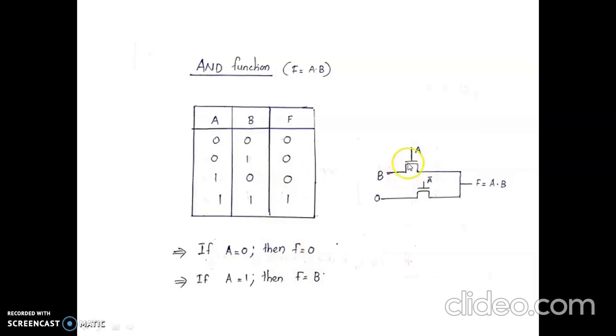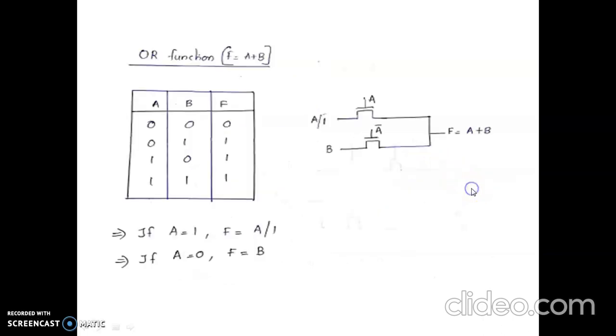Then here A and A complement: here A is equal to 1, here A is equal to 0. When A is equal to 1, our output is B, so write B here. When A is equal to 0, the output is 0, so write 0 right here. Its output is F is equal to AB. A into B plus, here it is parallel, so we can write the function as A into B plus A bar into 0. A bar into 0 means 0. So we can write A into B plus 0, that is F is equal to AB.